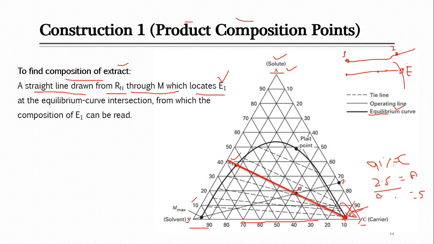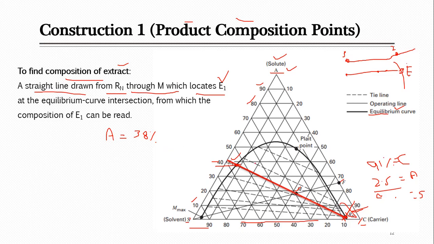Now when you have located the extract product on this binodal curve, you can find its composition. What is its composition? Just quickly we can check. First of all, A is our solute. In the extract, how can you find it? Just look, this is the scale for solute on the right side. Close to this there is the line of 40, and your point is just located below 40, and because this is decreasing as we move below, I think it's about 38%. So A is around 38%.